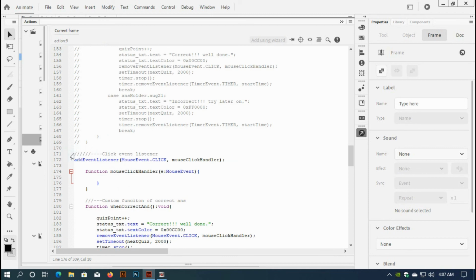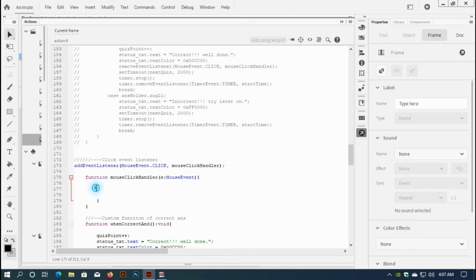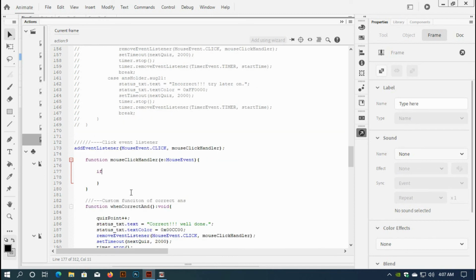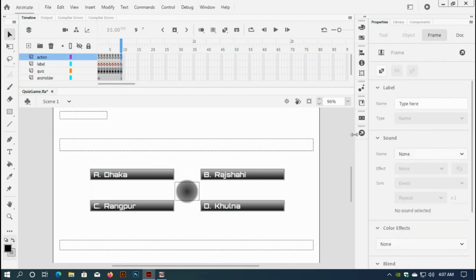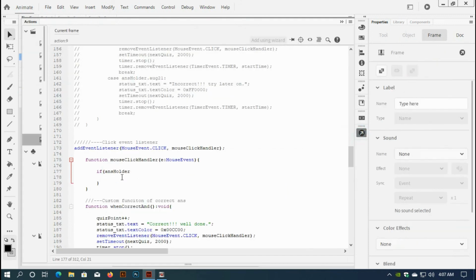And here the tricky part, if this answer holder dot current frame equal to 1,